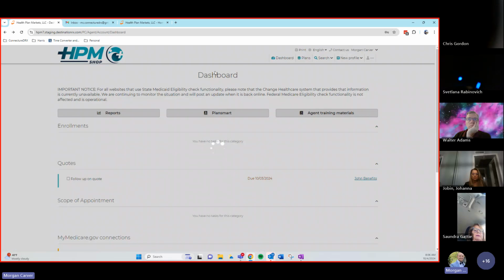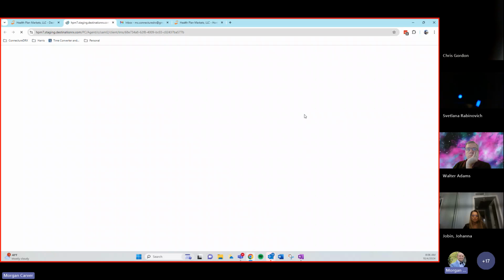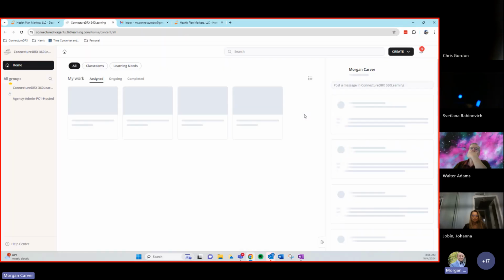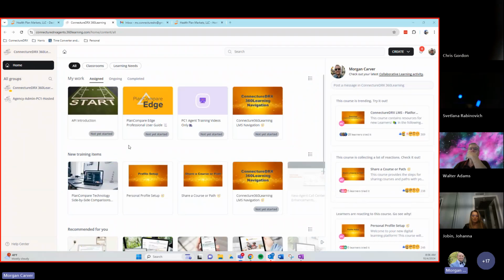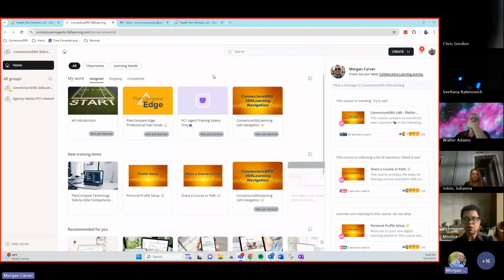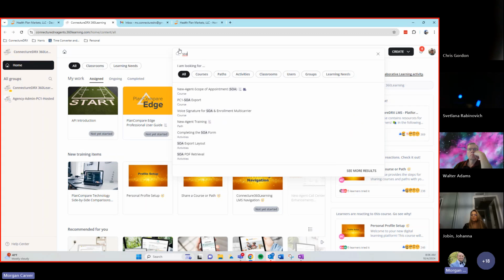One of our upgrades in the last year was our agent training materials. Our learning management system, also known as the 360 library, contains specific courses and training material relevant to our sites, and some of the processing too. There are a few different ways to handle this. If you want to search a specific topic, you can go to the search bar at the top right and start looking for specific filters and types, as you can see pre-populated here. But say I want to learn how to do a scope of appointment on our platform, I would just type in SOA,